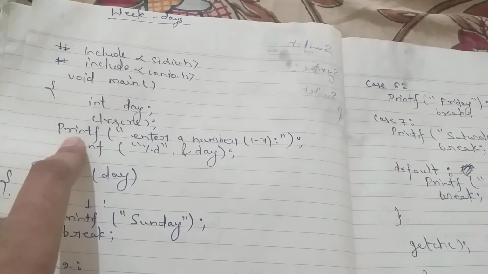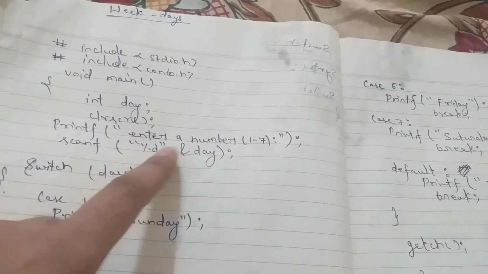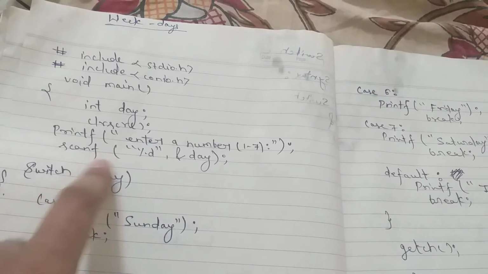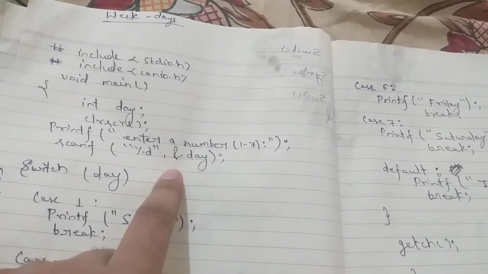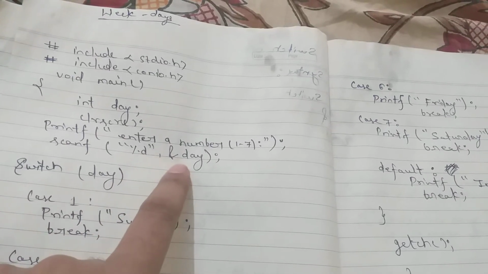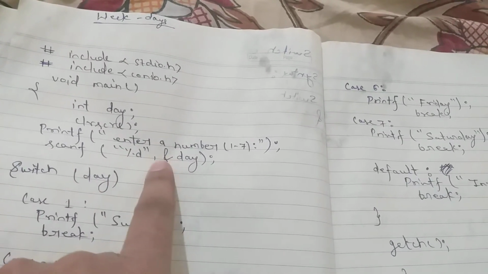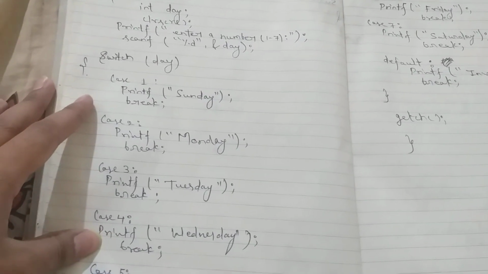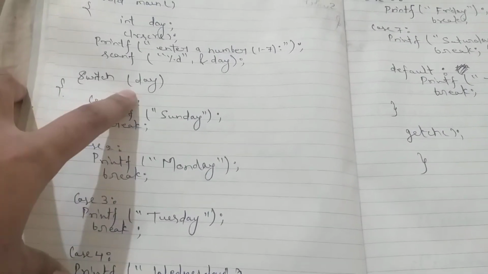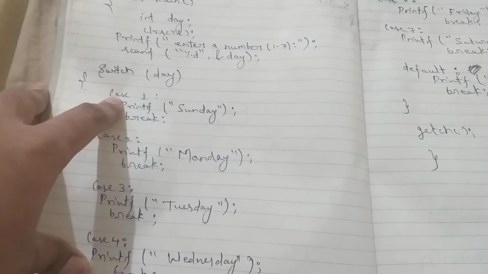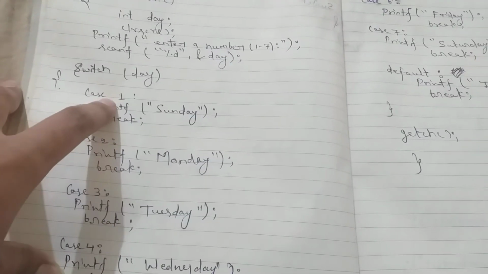After that we will show a message to the user: enter a number between 1 to 7 for checking the weekday. scanf %d, &day. %d denotes the integer type of value, and this shows that this value will be stored at the address of the day variable. After that we will use switch case as we have discussed in its syntax: switch, and here the variable for which we have to check the condition. After that, curly braces open, case, and after that its value,